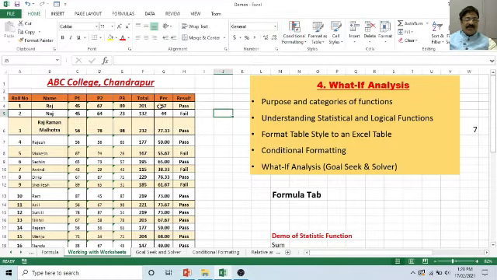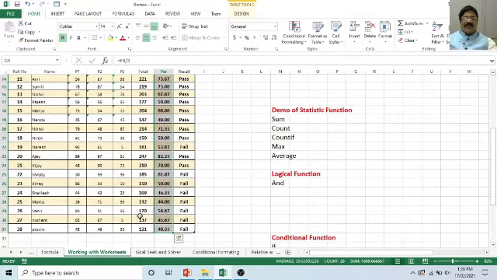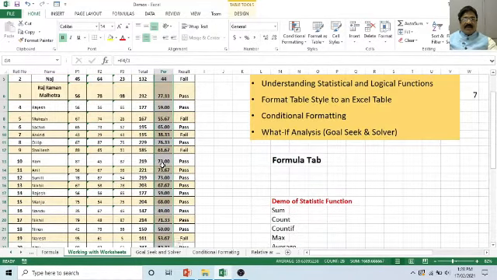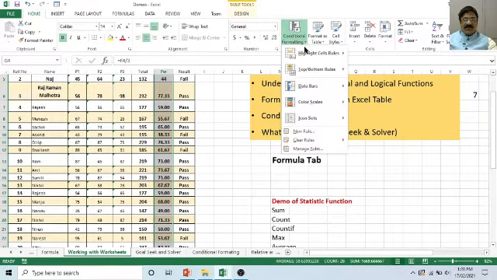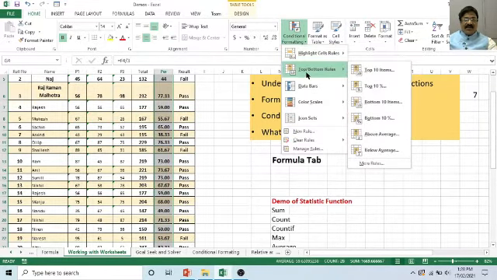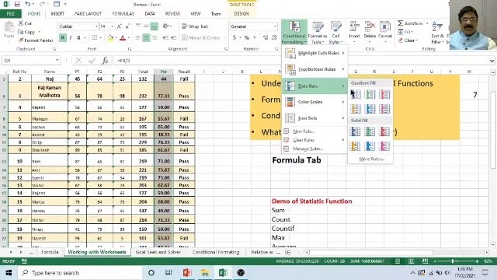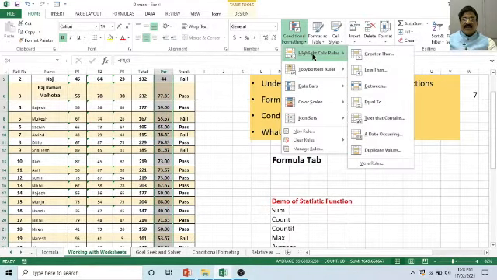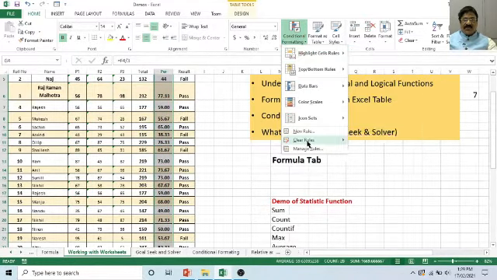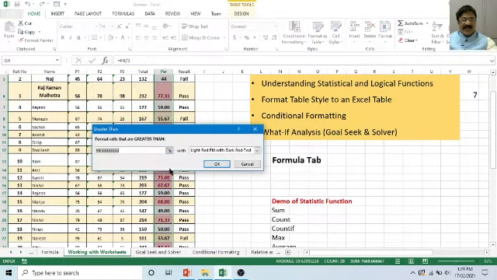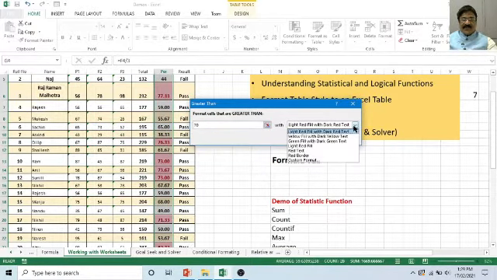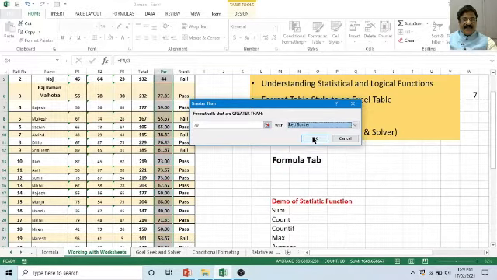Now we will discuss conditional formatting. For example, I would like to highlight all those cells where the students have scored more than say 70% of marks. For that purpose, conditional formatting is useful. You can also show the topmost student, or you can also show a bar. So we will use highlight cell rules. If you want to clear the rules, you can also clear the rules at the end. So greater than 70 marks. By which color would you like to highlight this particular cell? I am selecting the option, say, red border, and then OK.